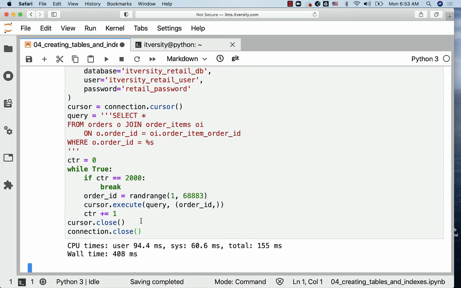So that's how the index can improve the performance when it comes to adding it on foreign key fields when you want to get the details from the child tables. So in those scenarios where you will pass one value and get the details from the child table, it is a good idea to add an index on the foreign key field in the child table. It will definitely improve the performance significantly. On top of indexes for unique constraints and primary key constraints, this is another criterion where we typically create indexes to improve the performance of our queries.